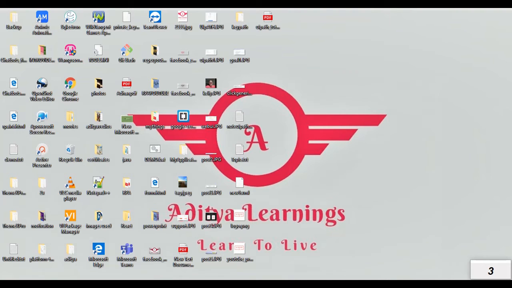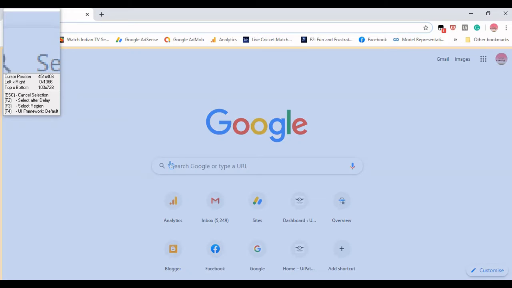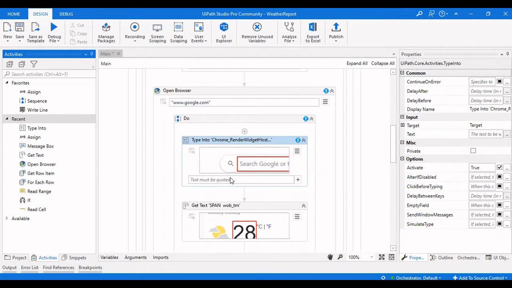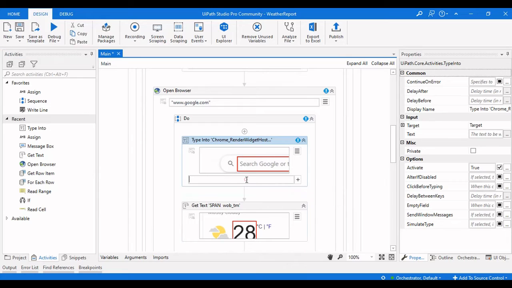So indicate it here, and that needs to be typed here. So what needs to be typed is the area name plus weather report. So we will take area name plus, and then we need some space between that, and then give that weather report.